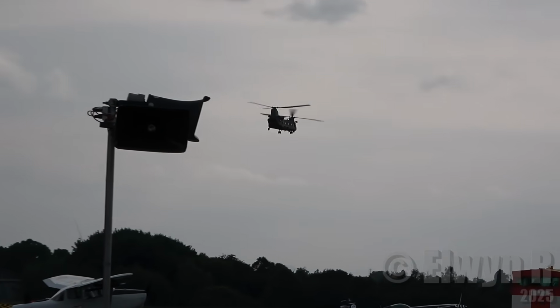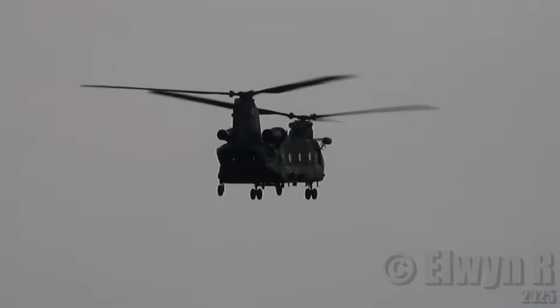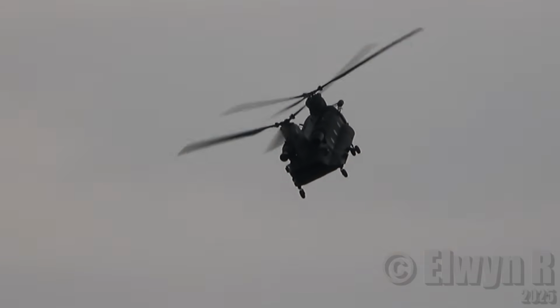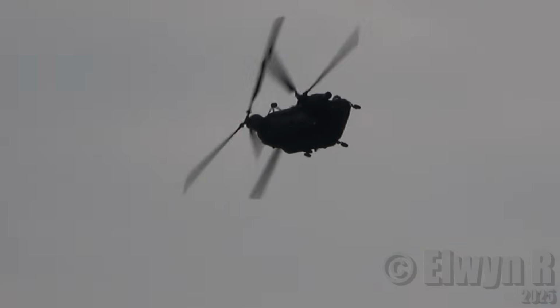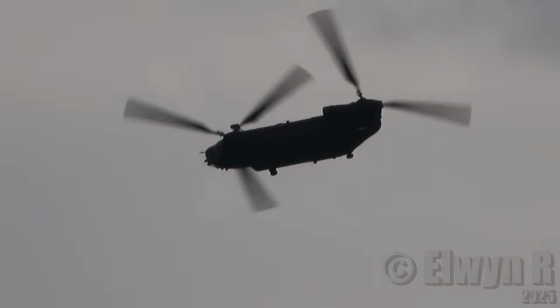There she goes. The Chinook is deployed operationally all over the world and is the go-to aircraft for the rapid insertion and extraction of troops in dangerous locations. As the defence adage goes, the answer is two Chinooks. What is the question? That's applied ever since the Chinook joined the RAF in 1980 and is true today as